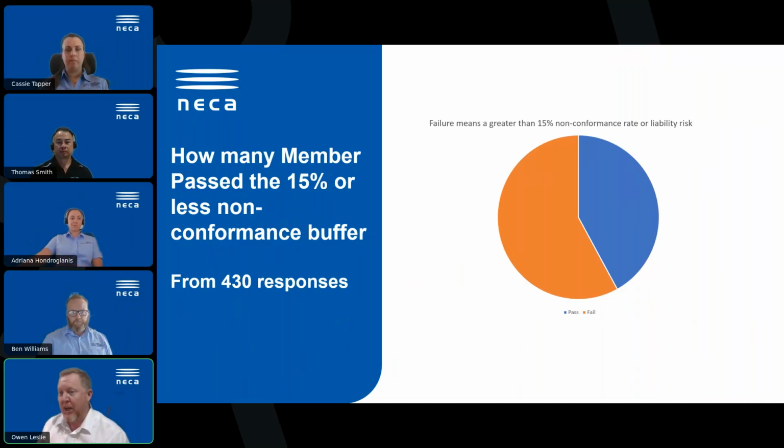And from our audits, the responses were there, but you can see it's roughly about, I'm going to say, 60% of the NECA members that undertake this review fail our audit based on the weighting of the questions and the scoring process that we built into it. And only about 40% actually score 85% or higher as well. So yeah, nice, interesting little facts.